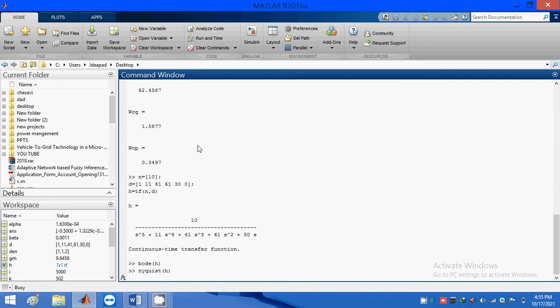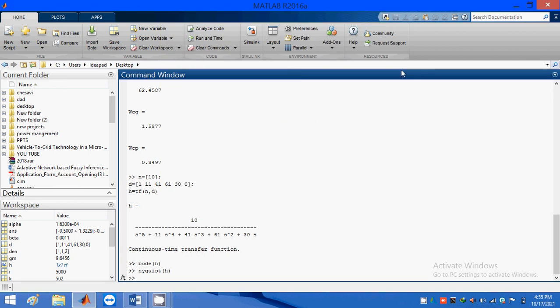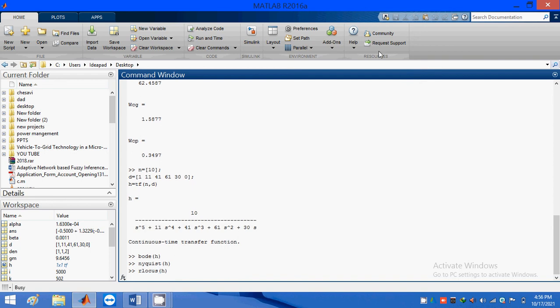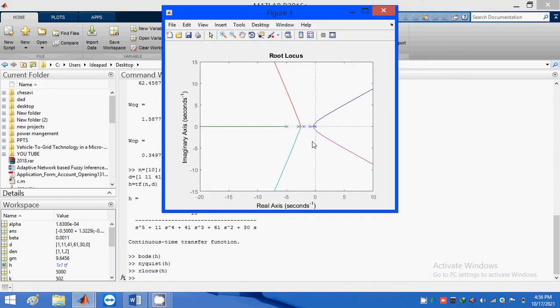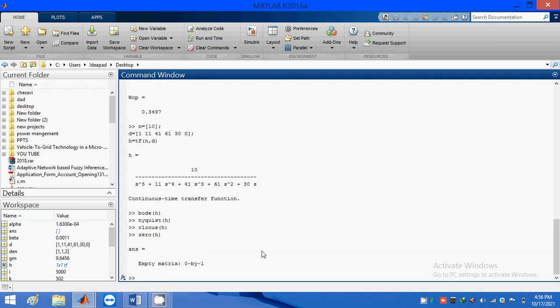And next one is root locus, okay. So this one, look here, we don't have any zeros, okay. Now if you want to find out zeros, just type zero. It shows empty, okay. That's why I am entering this command, okay. Here we don't have any zero here, okay.